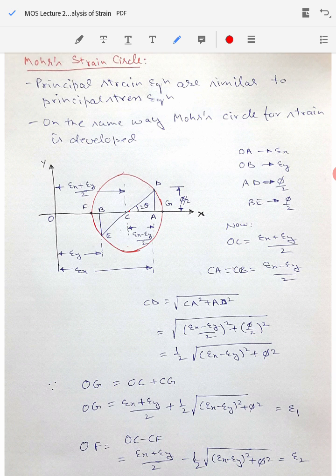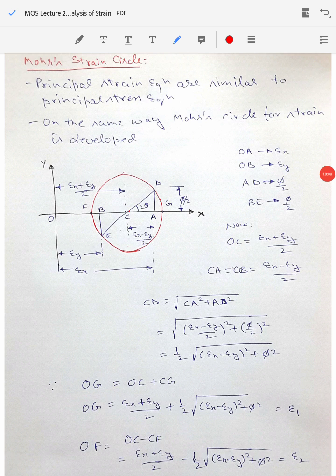Then, using the center C and taking the radius as CD, you draw a circle which will cut the OX axis at the points G and F. Therefore OG will give you the value of epsilon 1 and OF will give you the value of epsilon 2, and the angle DCA will be equal to tangent of 2 theta. So this is very similar to what we did in the case of the Mohr circle for the stresses. Now we can prove it also in the similar way that we did for the case of